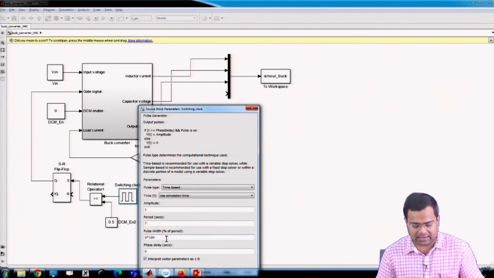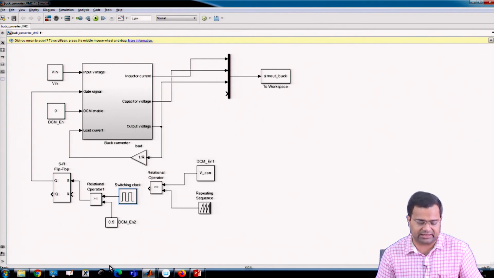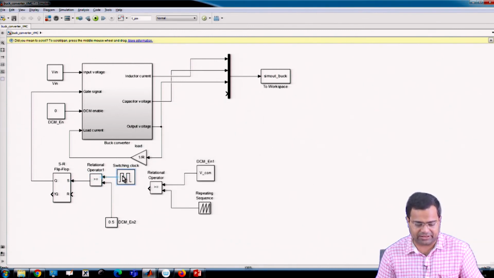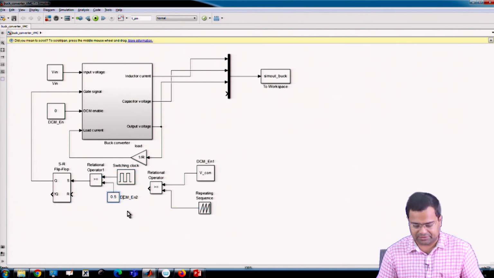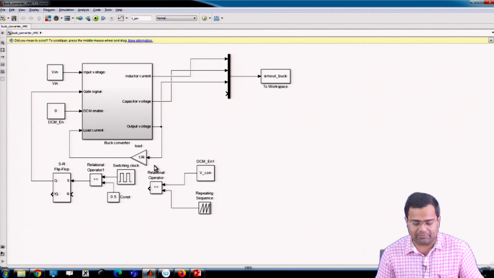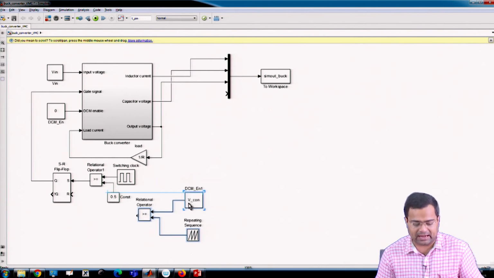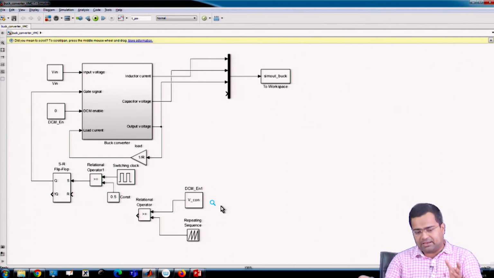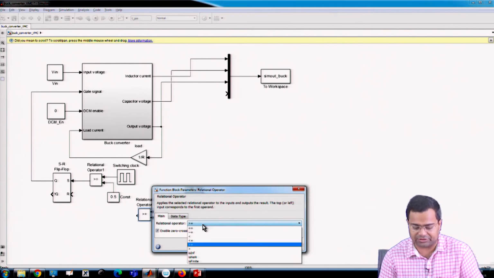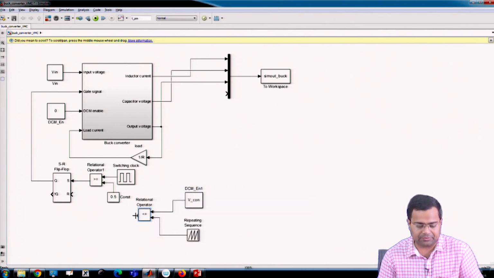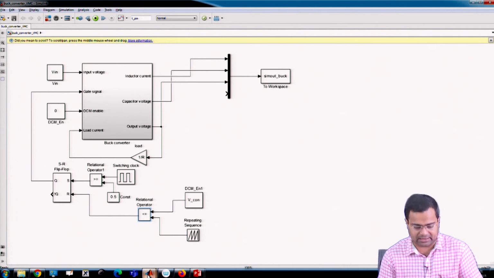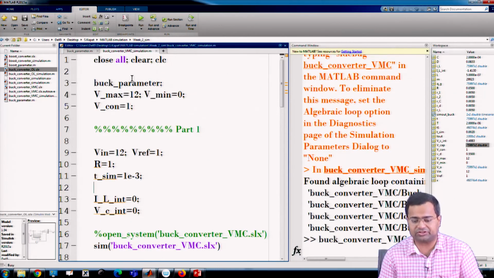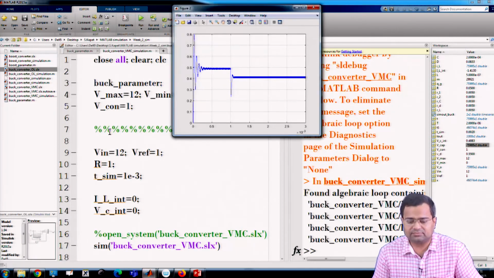And here I can use just 1% because it is just an edge. You require the clock edge. Okay, fine. This is my DCM, that is my constant. And now I have to use the relational operator, and here it is used to reset. That means we have to reverse the logic. As long as V1 is above, it should be high. So we should now reverse the logic, because in order to operate this, now we can start the simulation and check. Yes, same thing is happening.